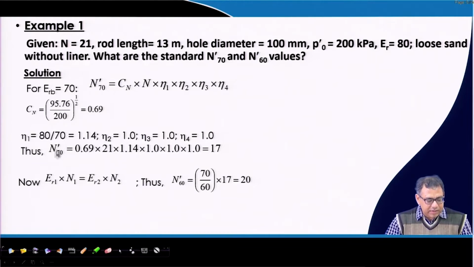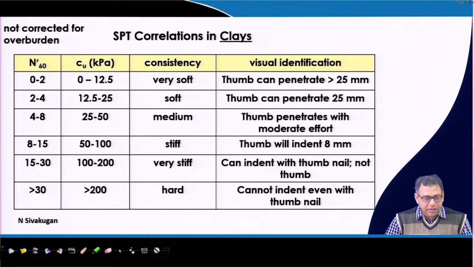So, overall N'70 is 17, and then we can get the N'60 also. If N'70 is 17, then definitely if I go to a lower energy level, the N value should increase. So, that is 20. So, these are the different corrections as per the IS code and the ASTM. Now, based on the N value, we can identify which type of soil it is, and we can get the